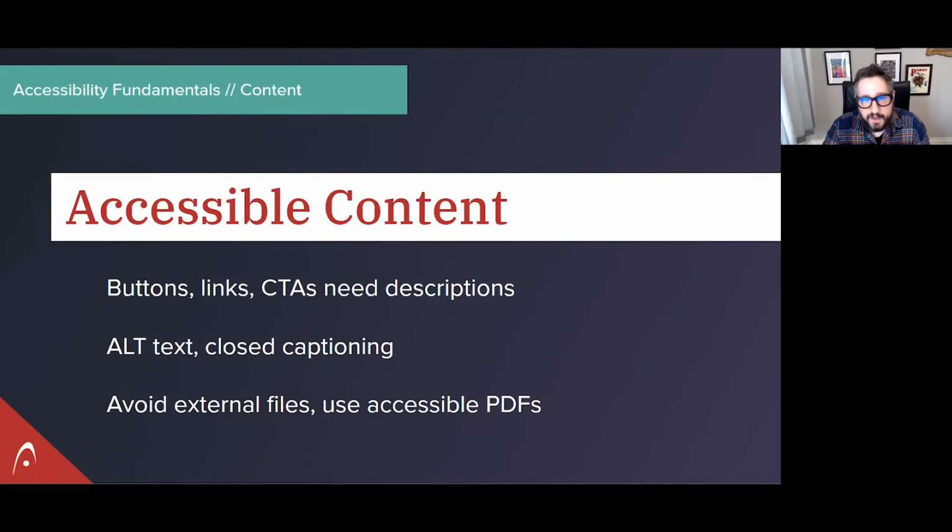Also PDFs. In general, you really should avoid any external file types. And if you absolutely have to have an external file type on your website, say a link to download your annual report, there are actual ways to make PDFs accessible. If you have to have a third party file on your site that's not a web page, PDFs are the most recommended. And the Adobe Acrobat tool itself has an accessibility checker in it. So before you publish any PDFs, make sure whoever is creating them runs that tool